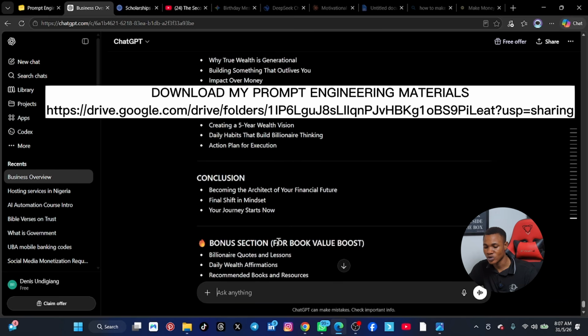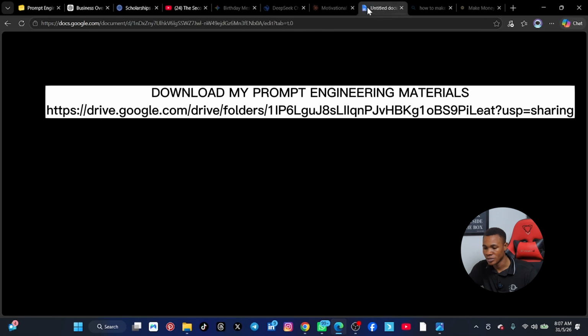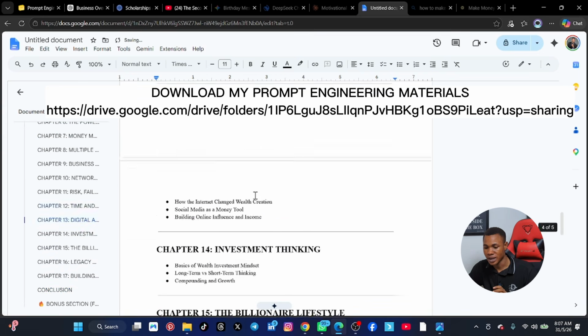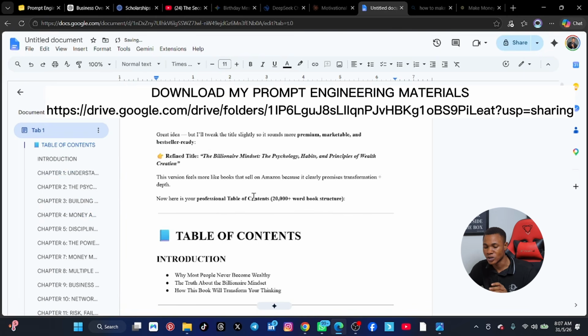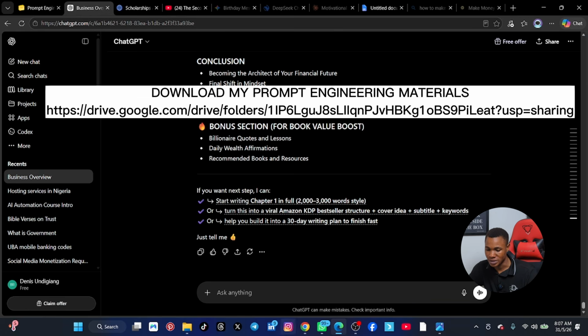All I have to do now is copy it and then come to maybe your Google Docs and paste it there. You can see the way I copied it, it's looking very clean, and then you can start editing and all of that. Now when you have copied it, the next thing to do is tell it,